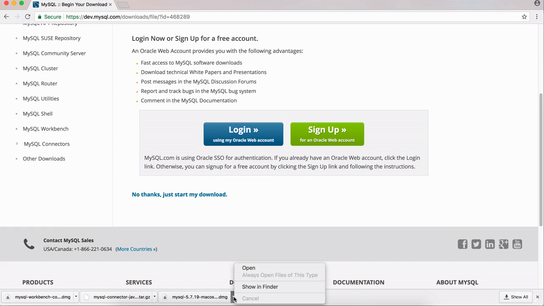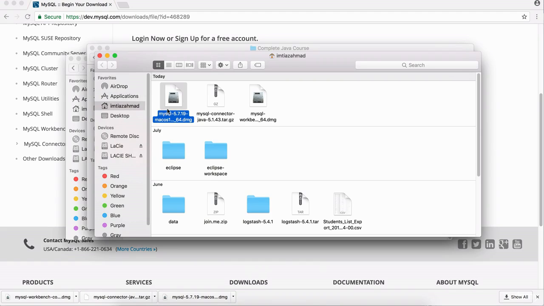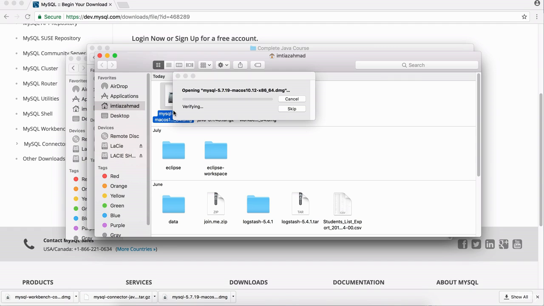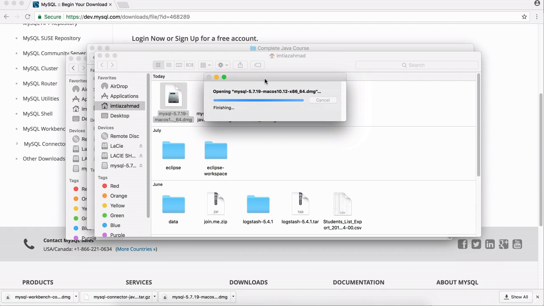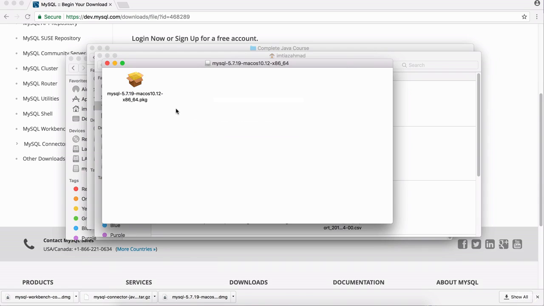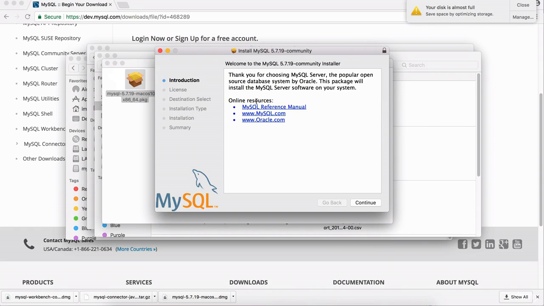And that's this guy right here. Click on this Show in Finder and it'll take me to the place where it downloaded this MySQL 5.7.19. So let's just double click it. And by the time you're watching this, there may be a newer version. The instructions should pretty much be the same. And this is the file that I want to double click on so that I can start installing the MySQL database on this machine. So let's hit continue,